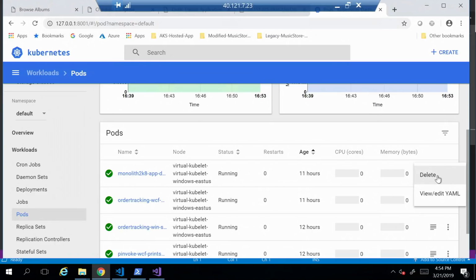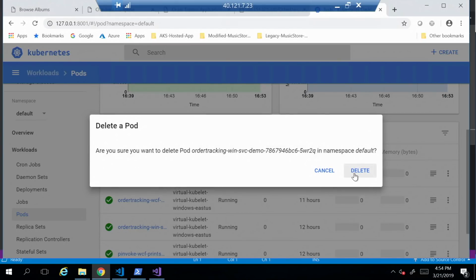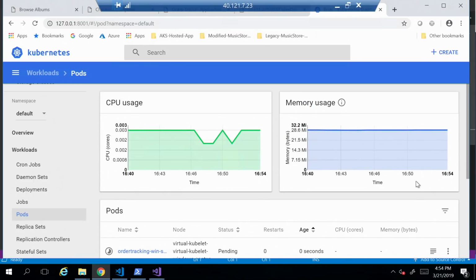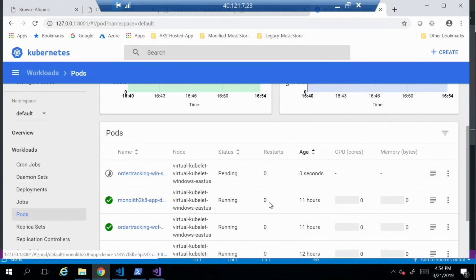If I came in here, let's just go ahead and delete this. Talking about the healing part, I'm going to delete this pod. Are you sure? Yes, I'm sure. I can delete this pod here. And you can see that it takes a few seconds for this pod to get deleted. But because we have this resilience in place, Kubernetes notices that you requested me to have one copy of this pod running. Somebody deleted this pod. I'm going to bring this up again. So this is a great example of self-healing that's going on right here. This pod would come back up again in 2 minutes.